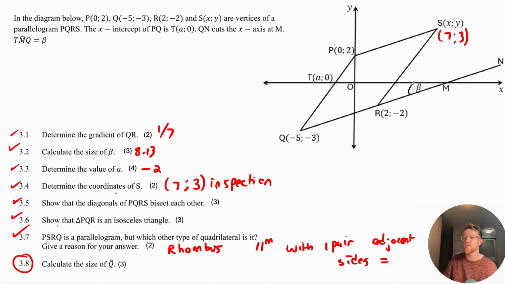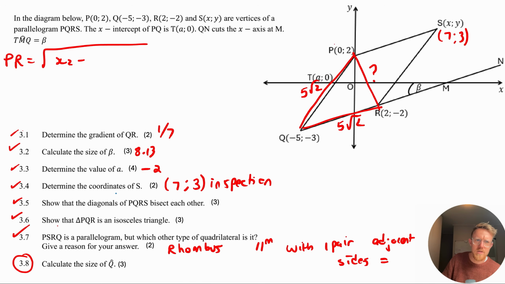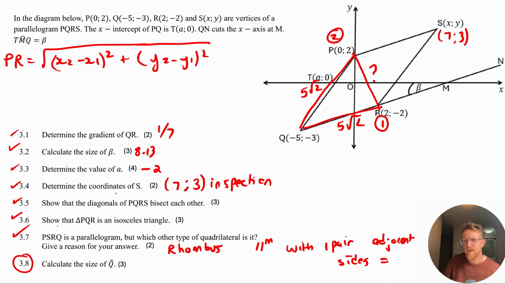That's what I was looking at first, but I actually think that this way I've showed now could work out better. Because we know this length is 5 square root 2, and this length is 5 square root 2. So all that we need now is this length over here. So the length of PR, we'll use the distance formula. y2 minus y1 squared. Okay, I'll use this as point 1. I'll use this as point number 2. Okay, so 0 minus 2, and then